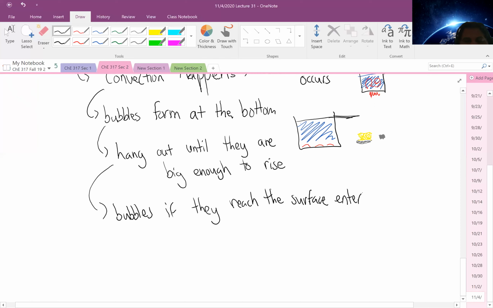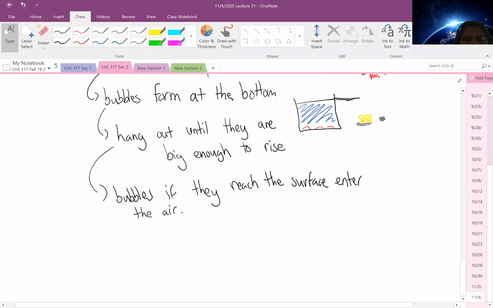Or essentially they are a vapor phase, but they kind of leave the system, right? I would say they evaporate, but they're already in the vapor phase. Right? And if they fail,